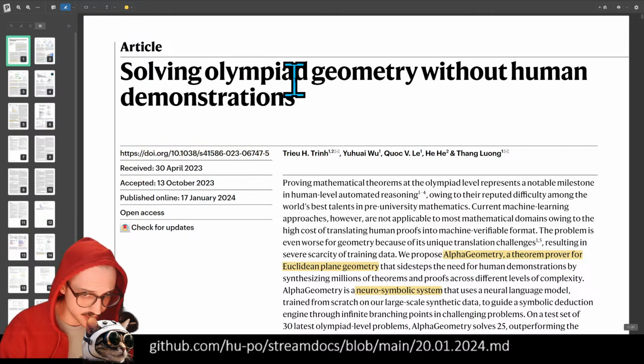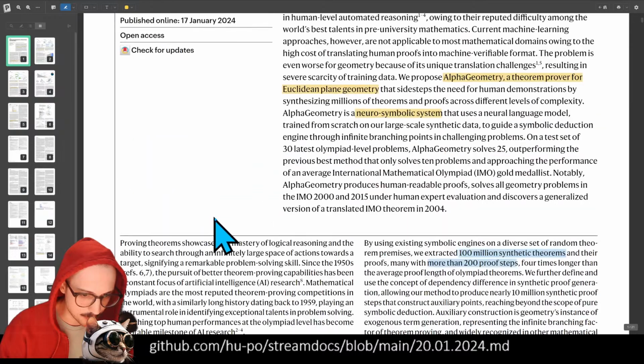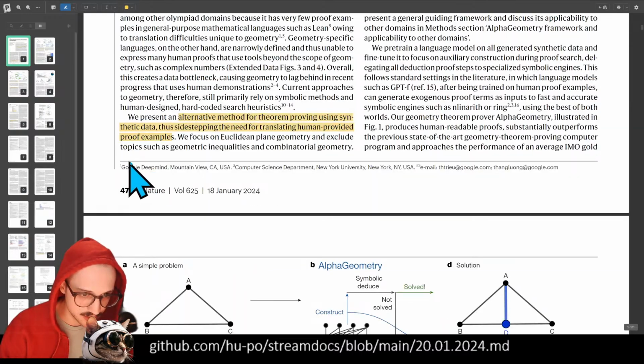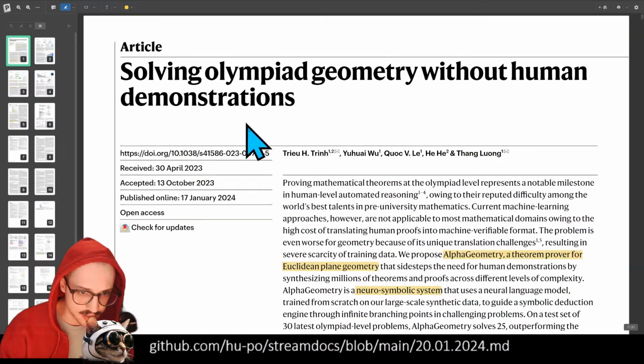This is called Solving Olympiad Geometry Without Human Demonstrations. This is a paper published out of Google DeepMind here. It's a little bit older, right? They received it 30th of April 2023, and it was published the 17th of January, so just a couple of days ago. That shows you how slow Nature is. Nature is the journal in which this is published. It's one of the most prestigious journals, but because of that, they have a very slow process of